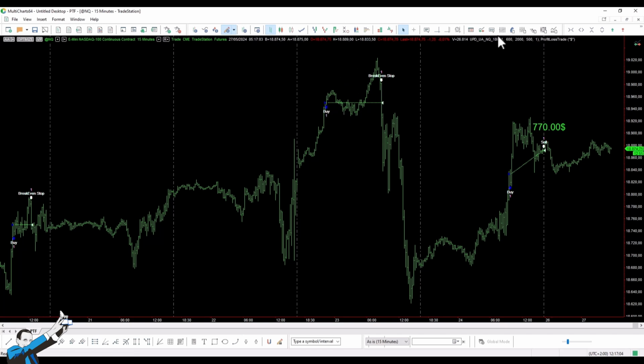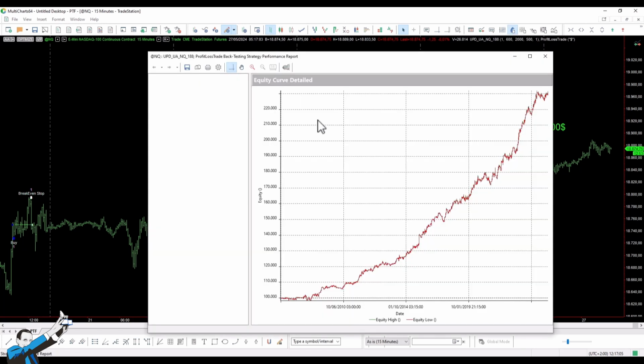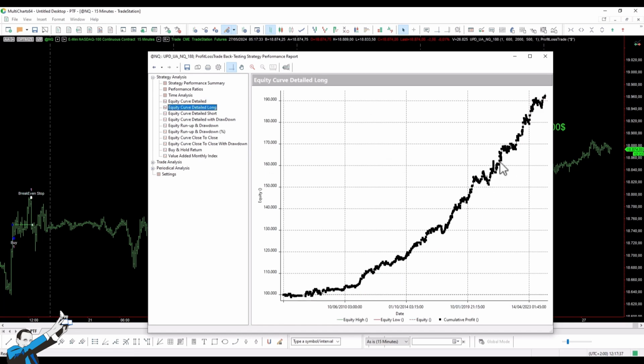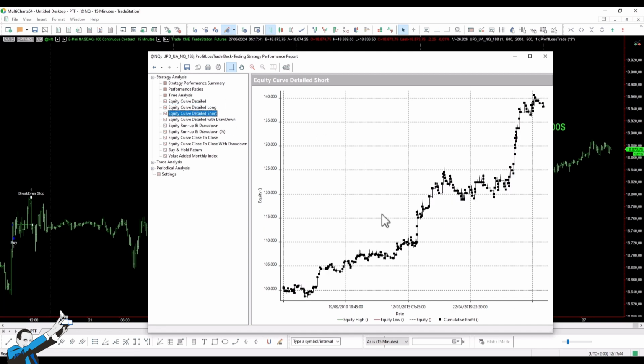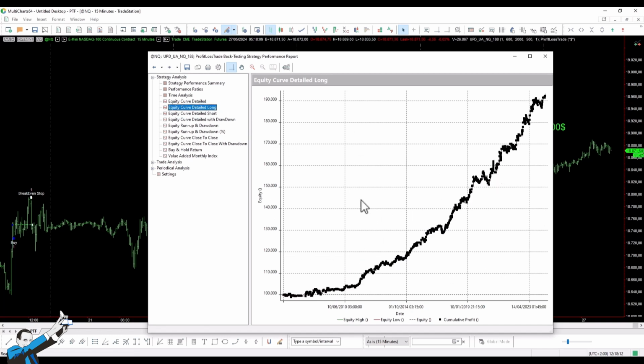Let's evaluate the performance starting with the equity line. As you can see, it's very consistent. But what's really interesting is the short side, which we'll look at in a moment. Here the long side is consistent, which isn't surprising for this instrument. The short side shows this equity line, which isn't as nice as the long side, but considering the behavior of the underlying asset, it's a very satisfactory result.